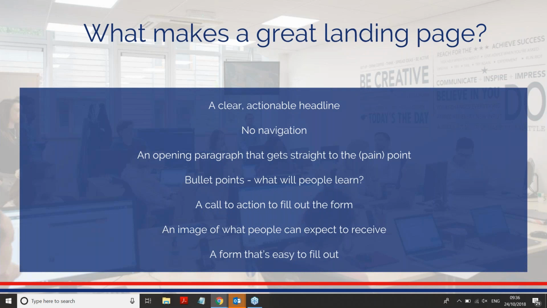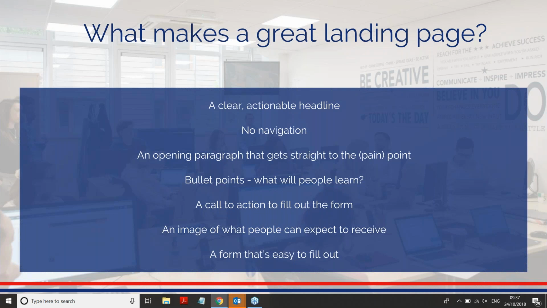And in terms of the structure of the landing page as well, generally your menu navigation links should be removed. So in your template, it would just have maybe your company logo, your actionable headline, and the content of your page and the form. The reason we recommend that is so you're not distracting people from your landing page offer, because really at the end of the day, the goal is for them to fill out the form. But your navigation can always be restored on the thank you page, and we'll go into that in a bit